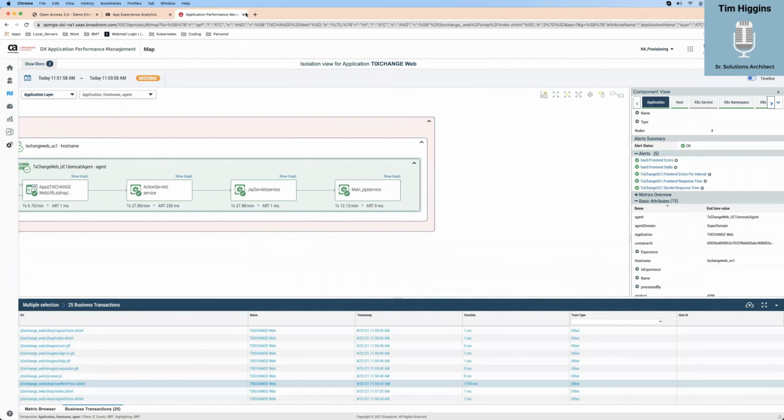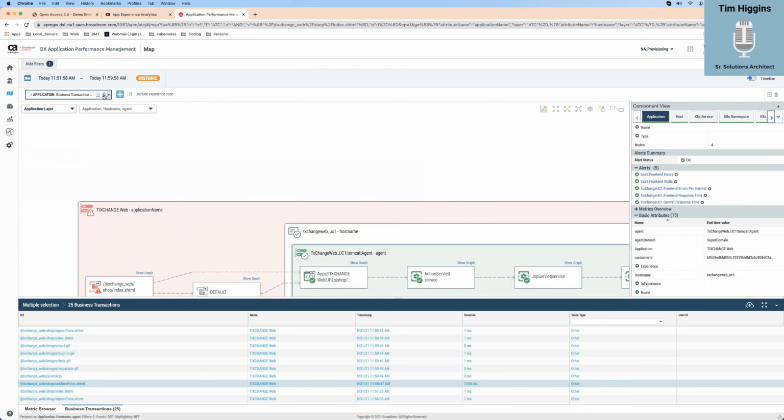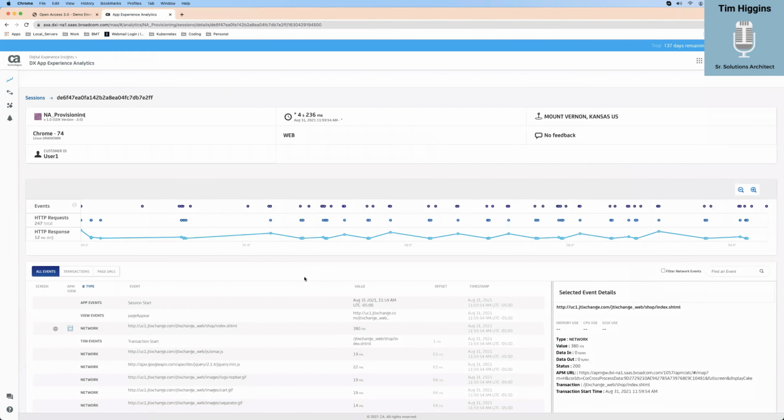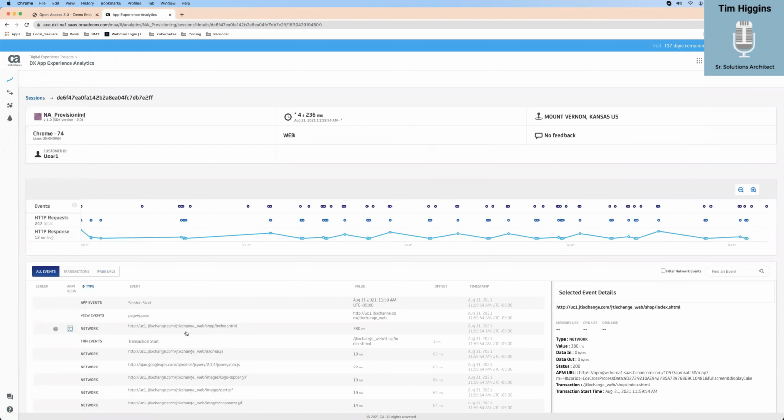Now I kind of jumped ahead for a second just because I wanted to show you that. But let's go ahead and close this. I'm going to clear my filters. This is APM. Again, if you don't know APM, I have a lot of good webinars and videos out there for that. But the point was, in just a few seconds, I was able to come up here, go to my sessions, find a session that has a long running time. Granted, 300 milliseconds, nobody even knows the page is there for that. But the point is, with a couple of clicks, I was able to get to the map. I was able to open it up in this way, and I can even do the upside down birthday cake.